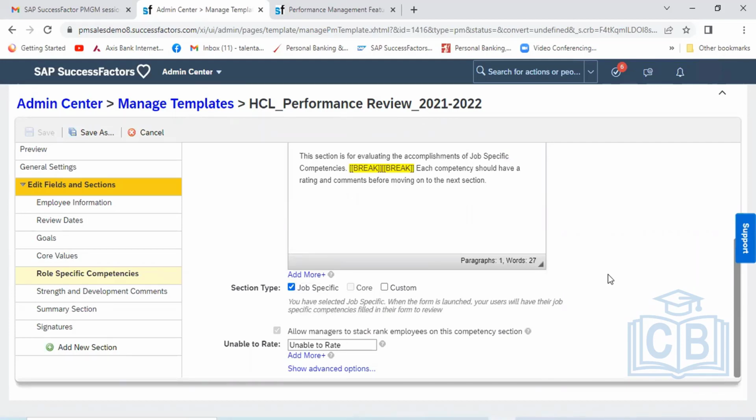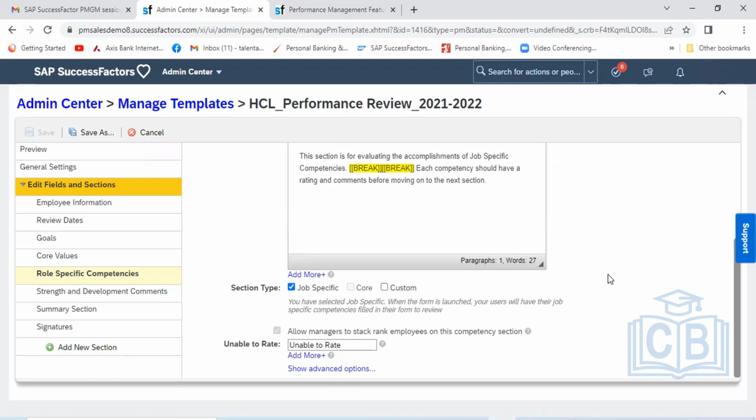How to add the competencies? There are two types. Either you can go with the SuccessFactors library, that is one way. And if your customer says that for a particular position they want to create their own competencies, which should be there for that particular role. Role means job role, which means job classification. When you are creating a job classification, then only you are creating a position, if you remember, in Employee Central. So job role is nothing but the job classification.